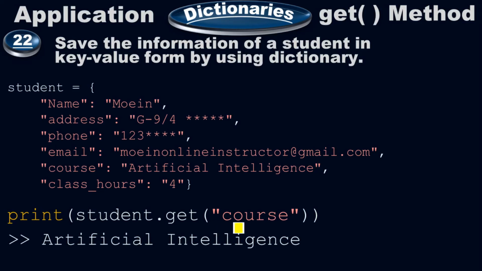I'm using the get function here. What is course? Course is the key and its value is artificial intelligence. So when you run it, it will return artificial intelligence in the output. Now look, don't forget